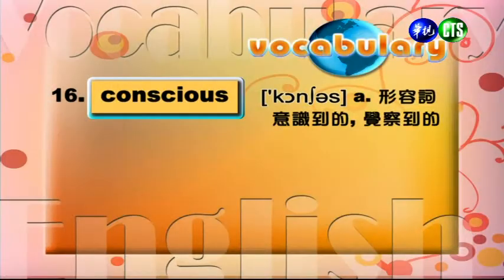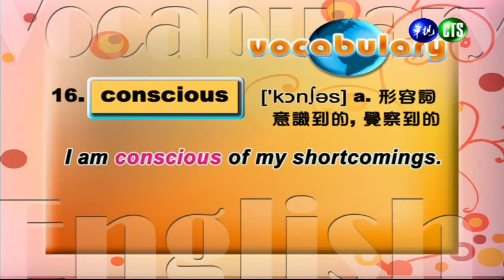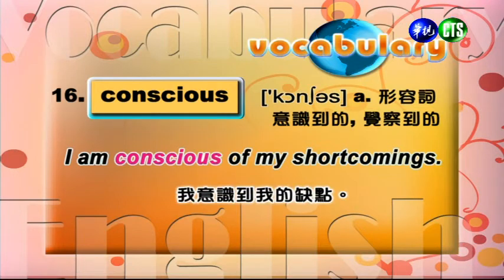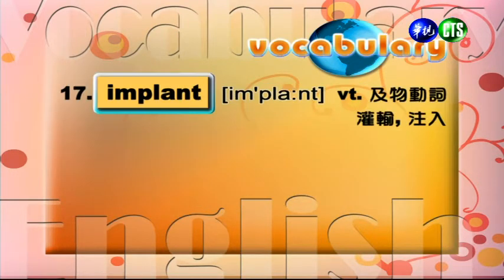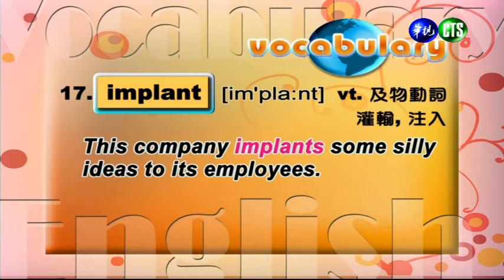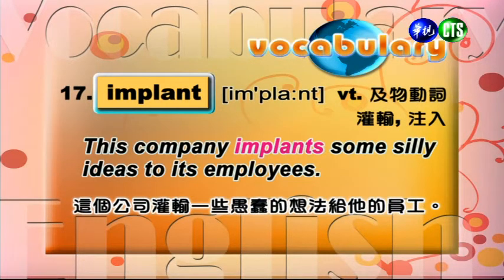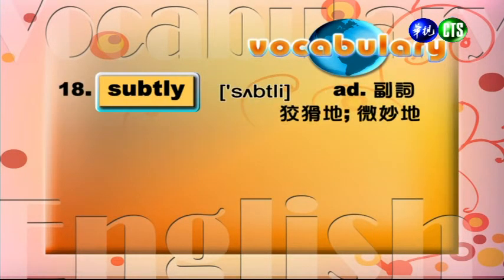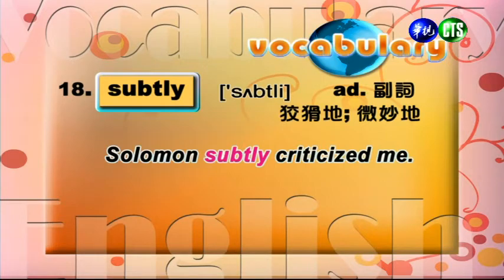这个 b 不发音啊。Let's take a look at some of the vocabularies. Number 16, conscious, adjective. 形容词，意识到、察觉到的。 I'm conscious of my shortcomings. 我意识到我的缺点。 Number 17, implant, verb. 动词，灌输、注入。 This company implants some silly ideas to its employees. 这个公司灌输了一些愚蠢的想法给他们的员工。